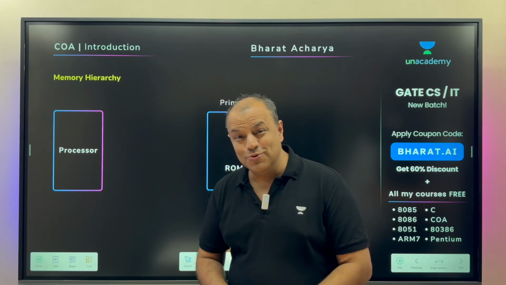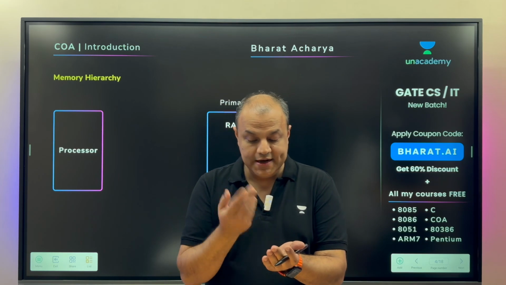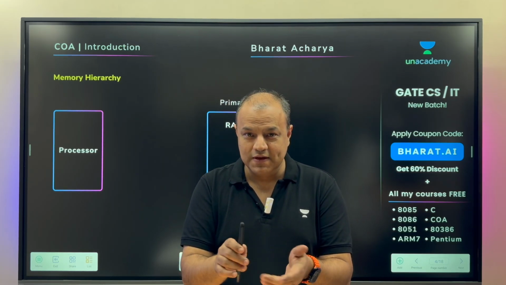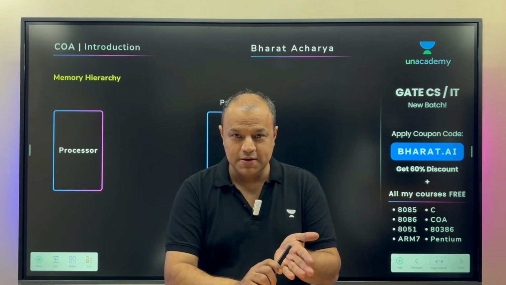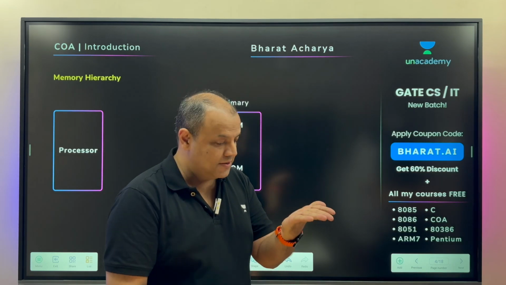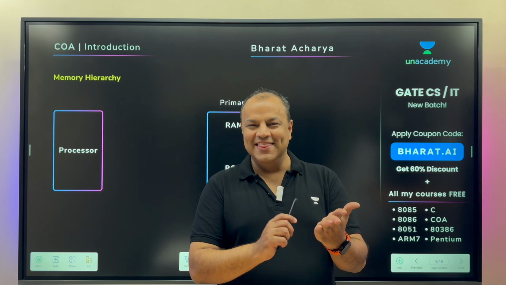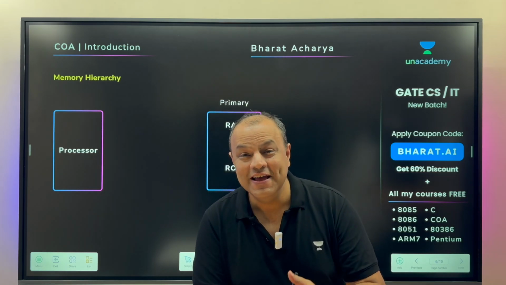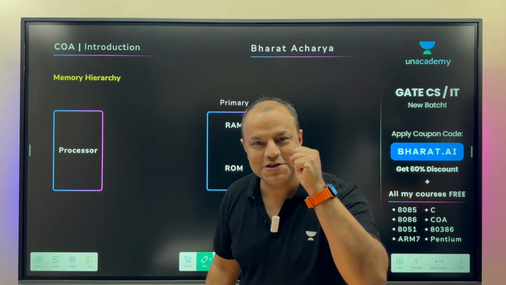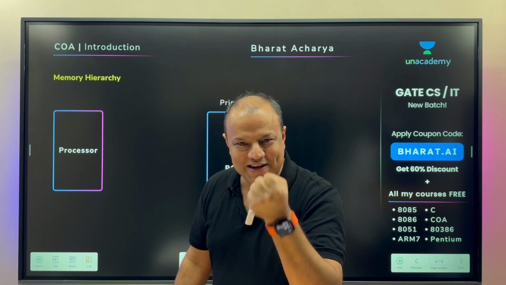Read-only memory means you cannot write, you can only read. So the information that is stored inside can be read millions of times, but you can't change it. That means the information inside is permanent. Like the print in my hand, etched permanently, won't change. Now that's a bad thing or a good thing? Both. The good thing is that it's permanent. That means it does not depend upon power supply. You switch off the computer, the information will hold itself. You switch it on again, you'll get back the same information every time you read from it.